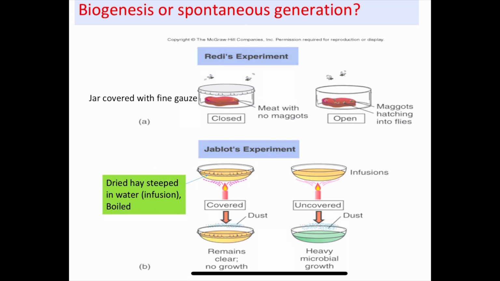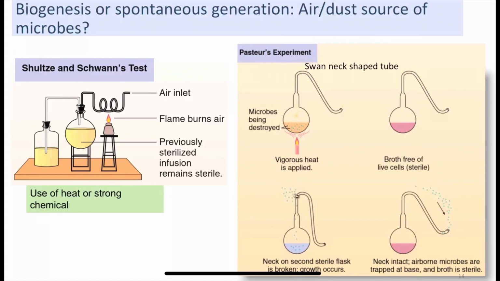However, when it was sterilized and the cover removed, because it had access to the air and some dust, after a while they started seeing microbial growth in the broth. This sort of indicated that there are some microbes in the air which have access to this, and this gives rise to microbial growth. Other experiments include the Schultz and Schwann experiment, where they had 2 flasks with sterile broth